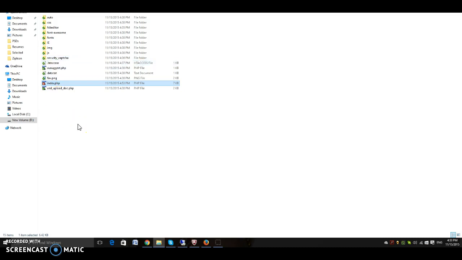This green color icon shows that all other things are in sync with the server repository, while you have just made changes in this index.php. Now I want to move my changes to the server repository. What will I do for that? First of all,